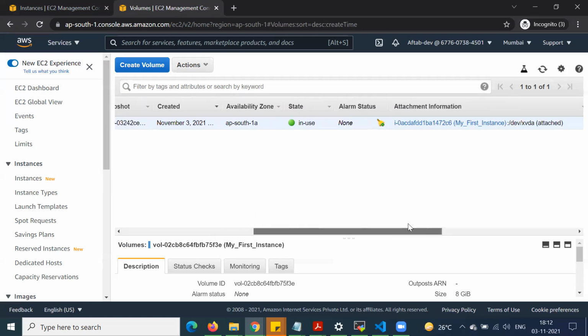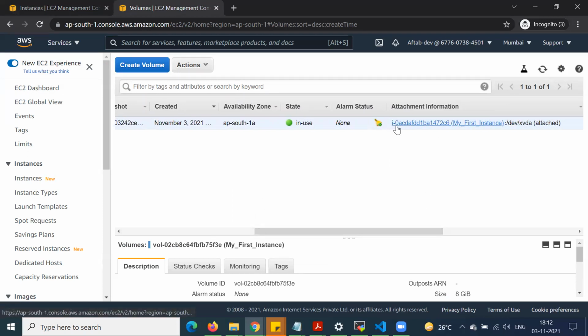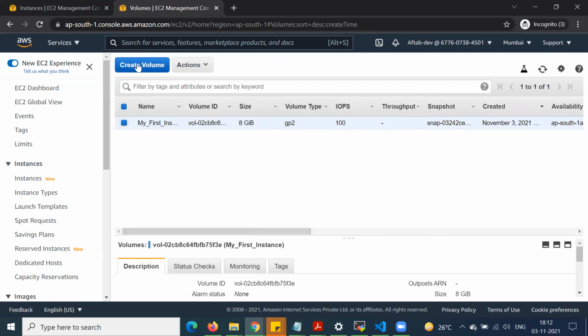Also, if we have multiple EC2 servers running in our infrastructure, we can cross-check our EC2 ID from here, and we can click on create volume.